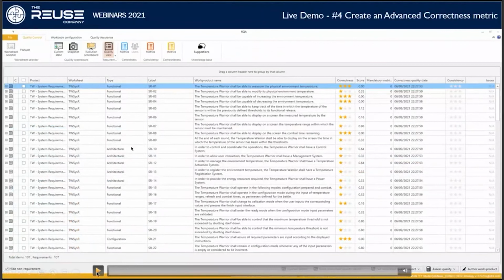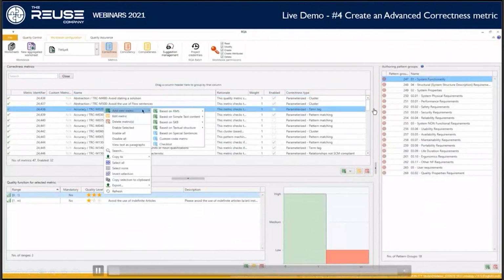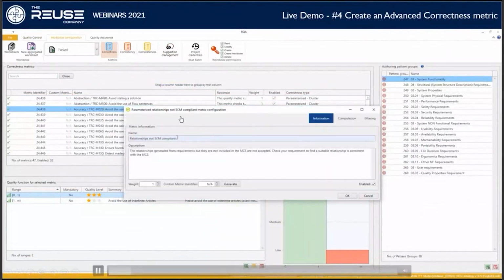And finally, the last case that I wanted to show is the creation of a metric. The example of an advanced correctness metric is the one based on relationships. Relationships are one aspect of the system knowledge base, SKB here, and we will create a preset metric based on relationships not NCM compliant. So here we will check that the relationship is not existing in the